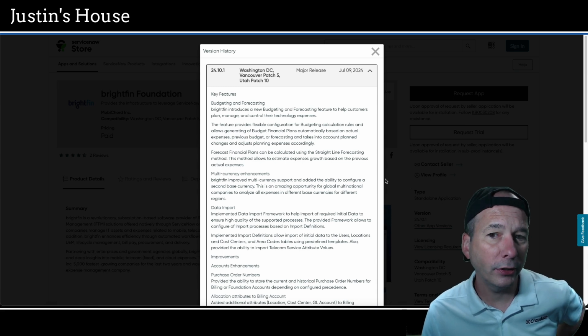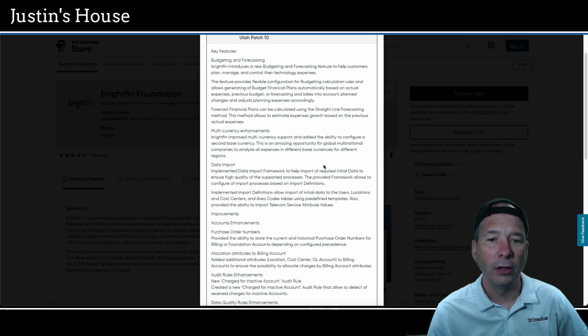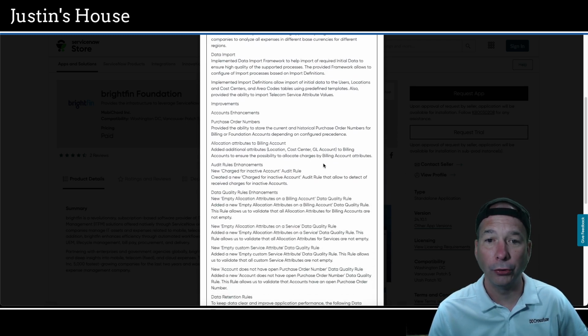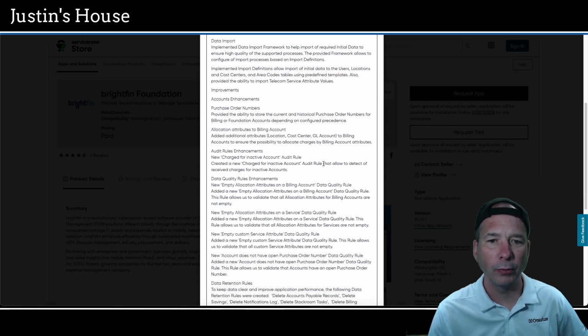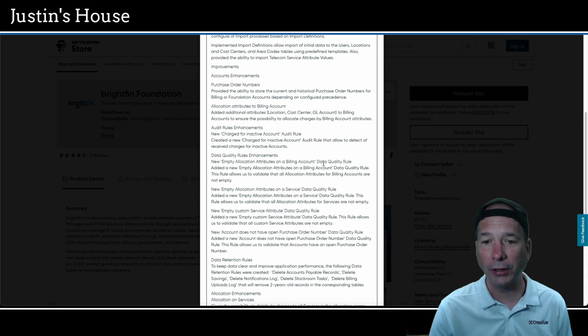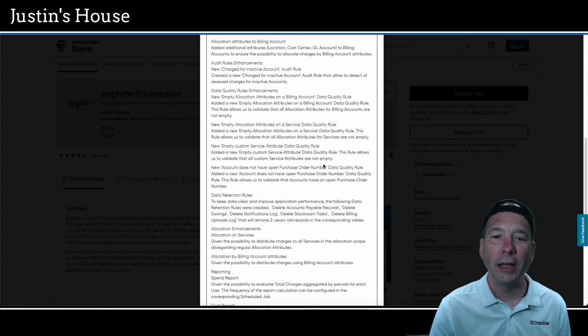Budgeting and forecasting is a new feature. The multi-currency enhancements. There's a data import and some improvements around purchase order numbers, allocation attributes to billing account, audit rule enhancements, a new charge for an active account audit rule, data quality rules enhancements, a new empty allocation attributes on a billing account data quality rule, new empty allocation attributes on a service data quality rule, new empty custom service attribute data quality rule, new account does not have open purchase order number data quality rule, and some data